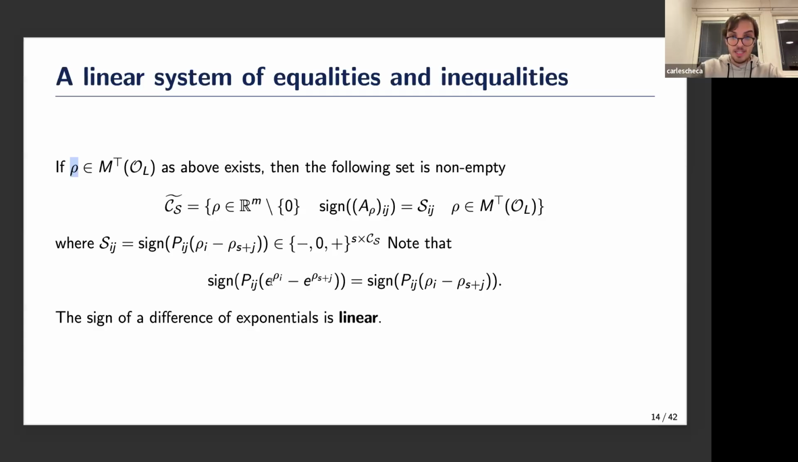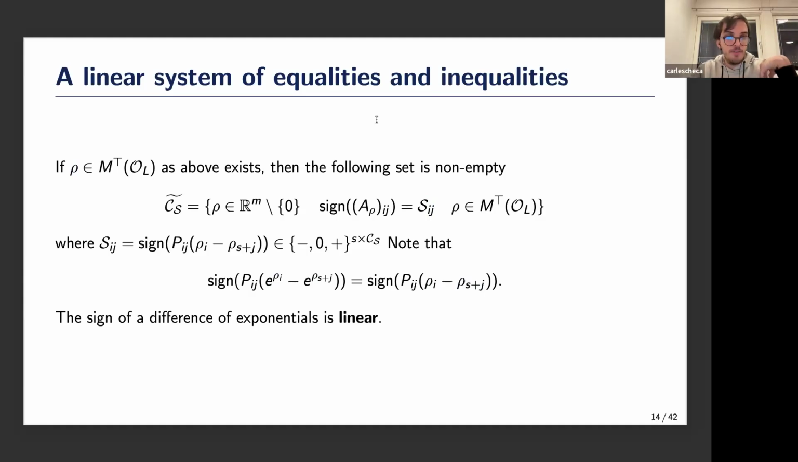The good properties of the exponential function allow us to transform this sign of a difference of exponentials into a sign of the difference of some of the components in rho. Therefore, this condition, once we have fixed a certain sign matrix, will be defined by some linear equalities and inequalities. All right. So the first characterization actually